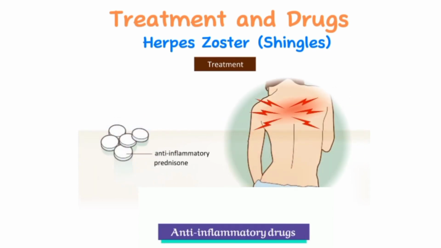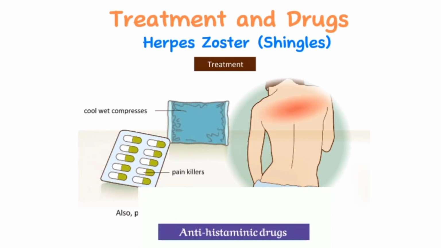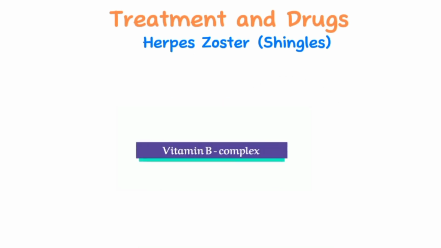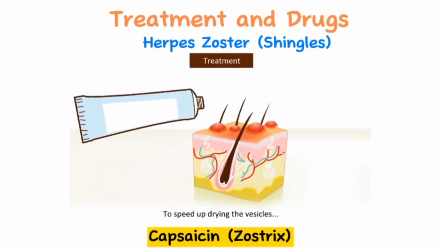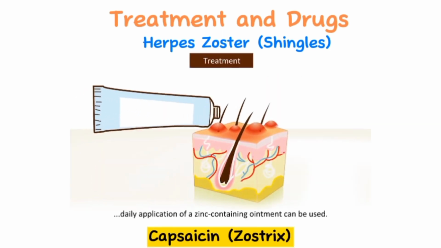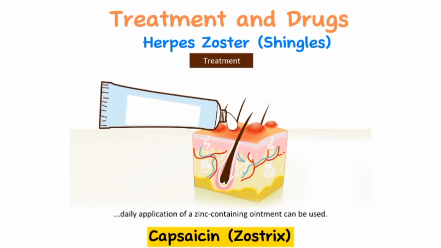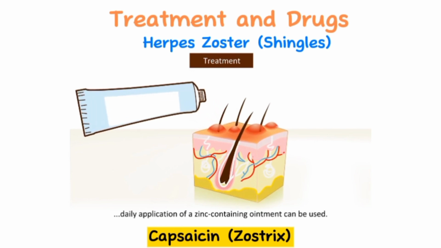We have here anti-inflammatory drugs such as ibuprofen to decrease pain and swelling, antihistamine to treat itching, vitamin B complex to help reduce the risk for post-herpetic neuralgia. Capsaicin or Zostrix helps reduce the risk of a nerve pain called post-herpetic neuralgia, which occurs after the recovery from